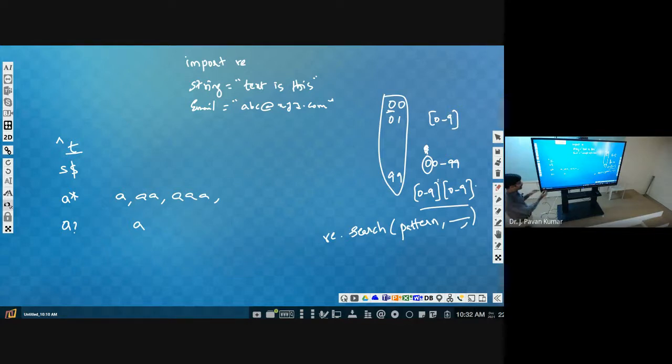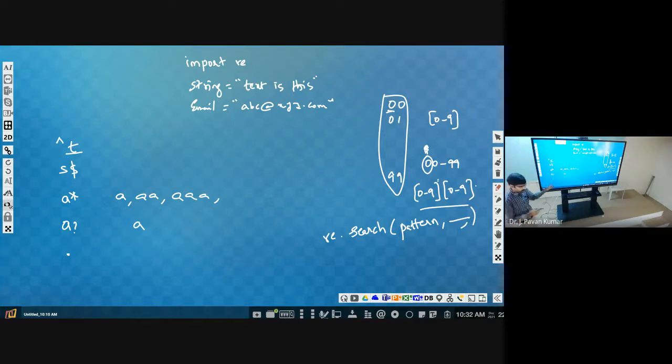Okay, as we have seen, curly braces specify how many times we can have such a thing. The next and last one is dot. Whenever we specify dot, it indicates any character except the newline character. It will not consider the newline character.